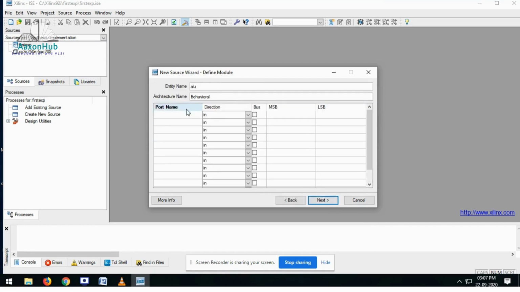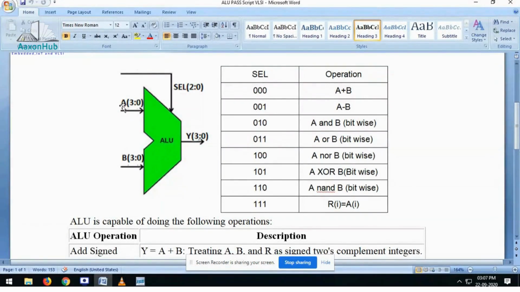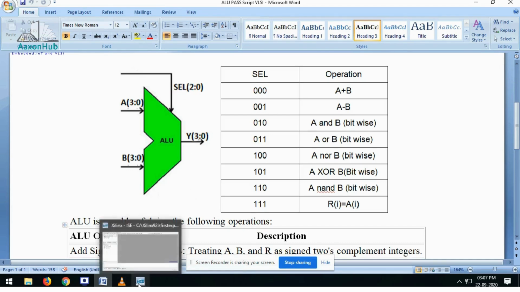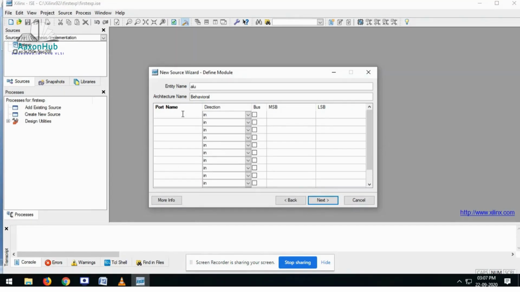In your source project, here you have to give the port names. How many ports are there? As per this diagram, we have A and B, which are two inputs. Here is your Y, which is the output, and one select signal, SEL, a 3-bit signal. So here is your A signal.